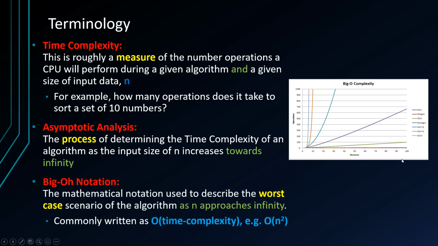And then finally, we get into this idea of big O notation. So, the mathematical notation used to describe the worst case scenario of the algorithm as n approaches infinity. Commonly we write this as big O, and then inside the brackets, some function of n. So in here we have big O of n squared in this example, and that's going to be this line